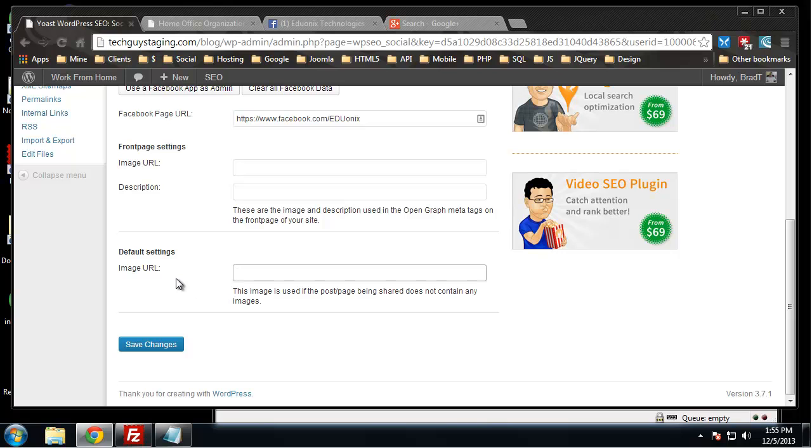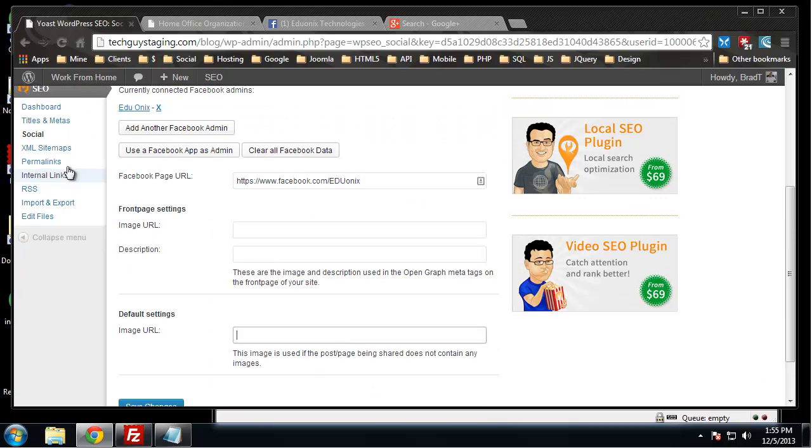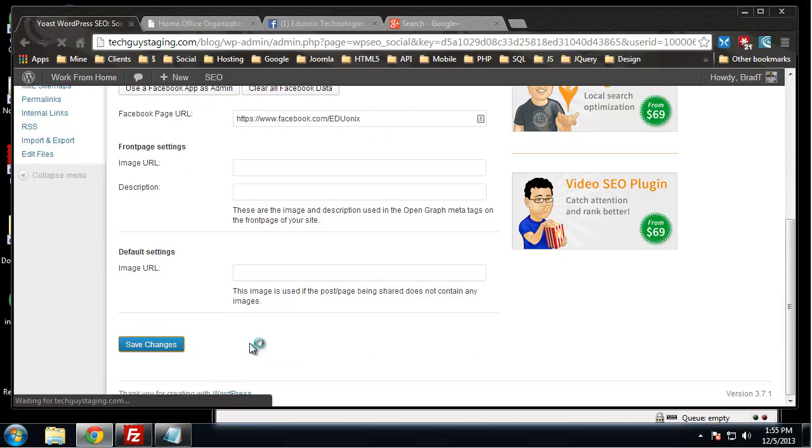But that's not really going to apply if we're using this plugin, if we're using Yoast, because inside of each post we can actually choose manually which image we want to show on Facebook. So I'm not going to put anything in there, but that's just to let you know that that functionality is there. So I'll save changes,